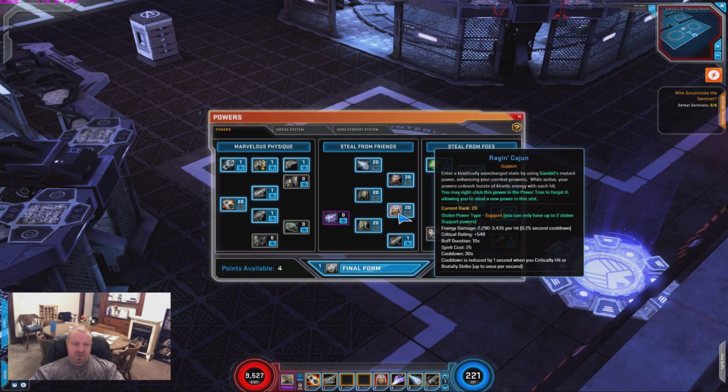on a 30-second cooldown. But every time you critically or brutally strike, you reduce the cooldown by 1 second, and that can happen once per second. So basically, you can make this cooldown happen once every 15 seconds. And then if you have enough duration,